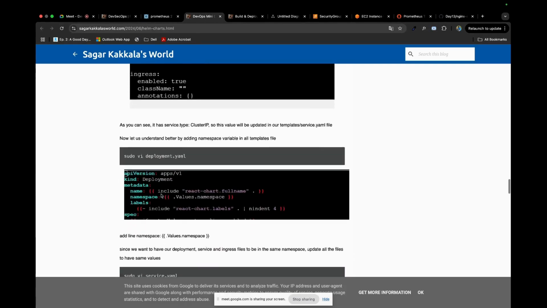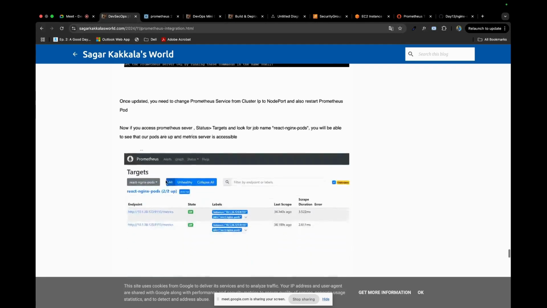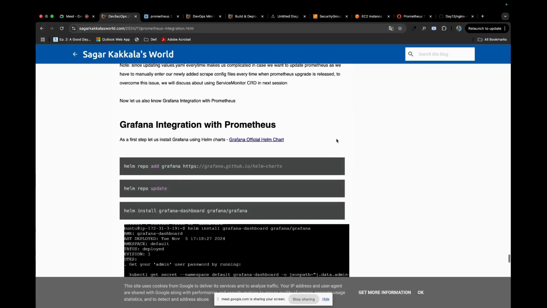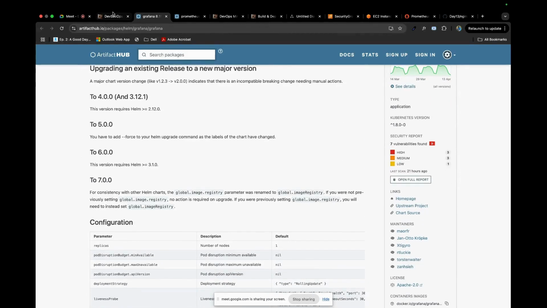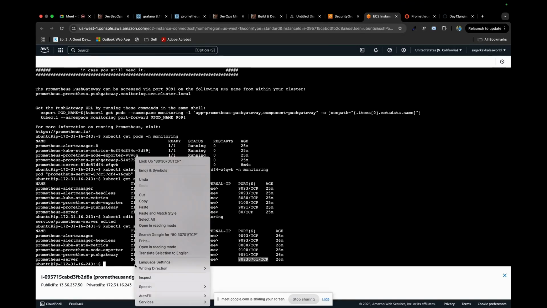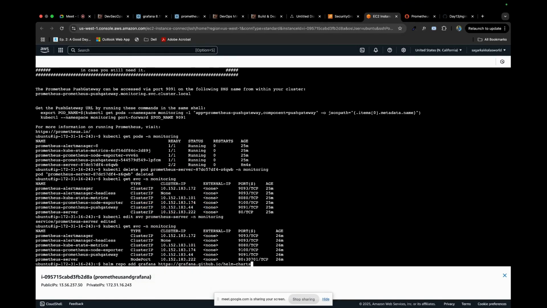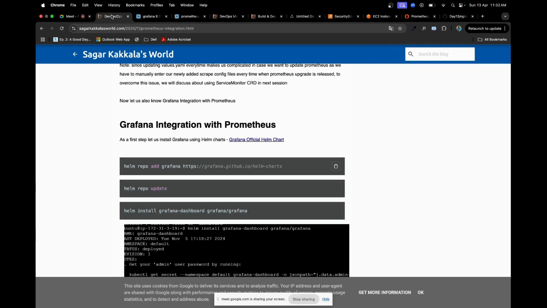So now we want to check, oh sorry, not this, Grafana. Prometheus is perfectly fine. Now we want the dashboard. As I said, you could go for the official Helm charts if you have any issues or if this code doesn't work. Same thing, I'm adding Grafana now for better visualization, instead of writing queries. So just Helm Grafana update,